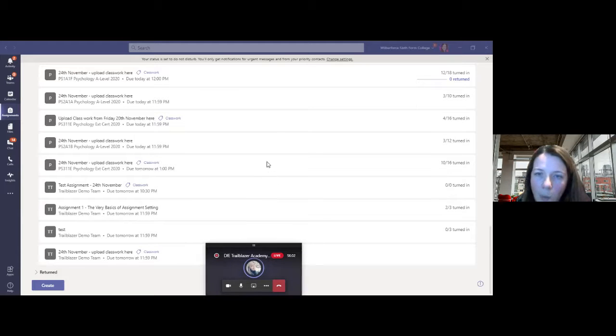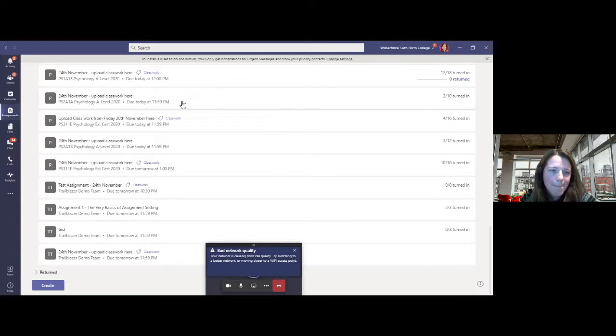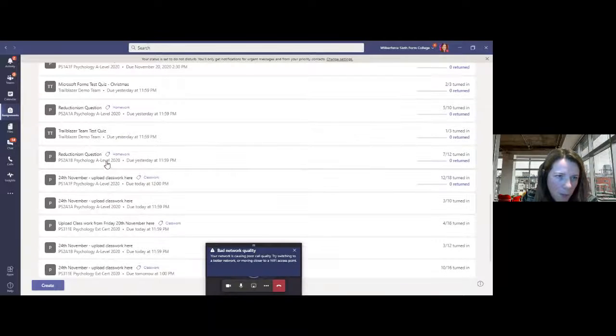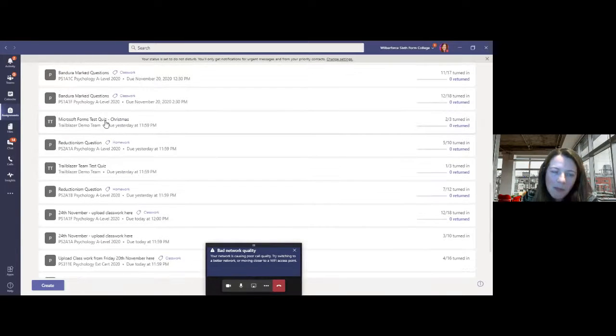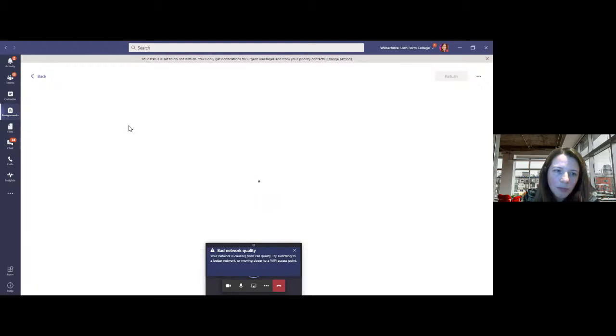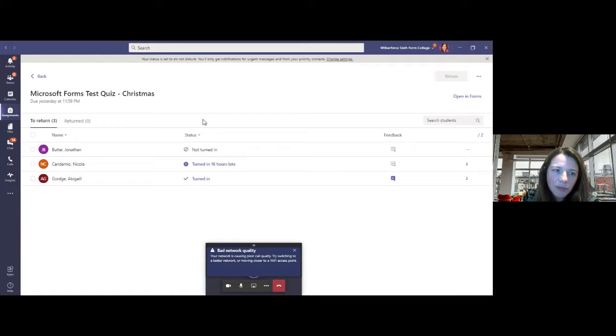Is that not shared? No, we can only see the assignments landing page in Teams. Okay. That's all right, I'll open one up that's in the assignments. If you want to share a form screen, you can unshare and then share your desktop if you wanted, or just do it through the way you're doing. I'll just try this way and have a look.